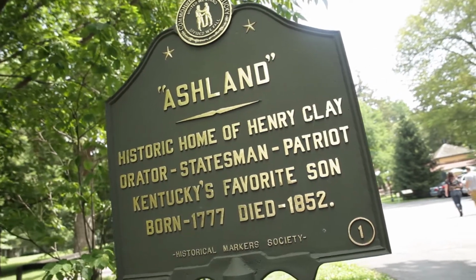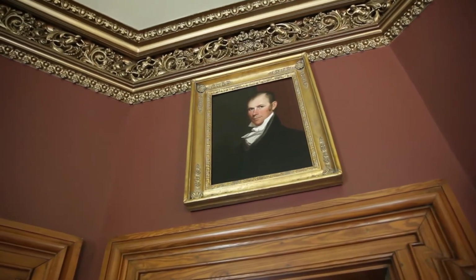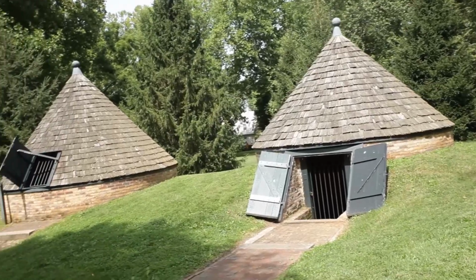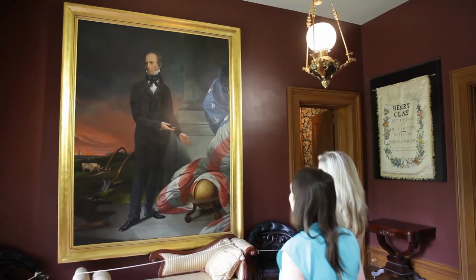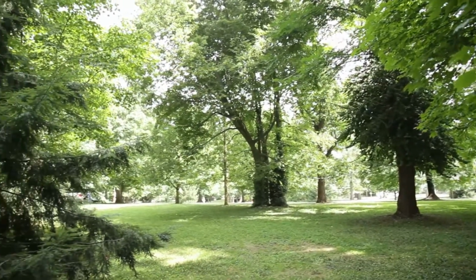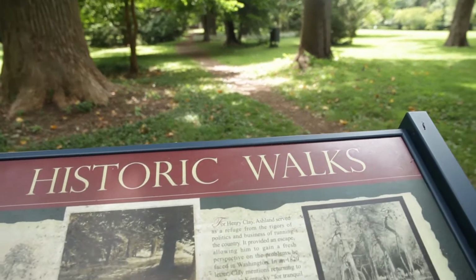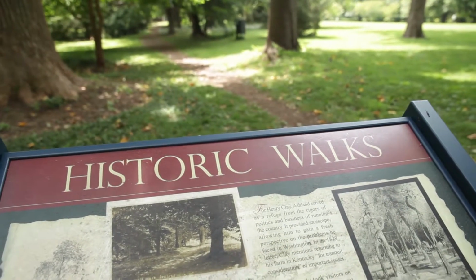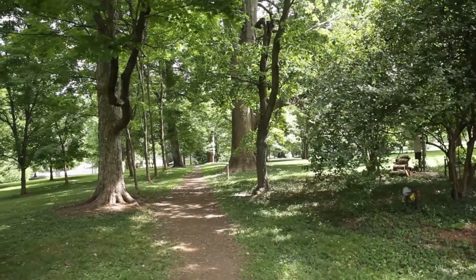Today, we're at Ashland, the Henry Clay Estate, learning more about John Quincy Adams, Secretary of State, and the property Henry Clay loved. We got a tour of the mansion itself, and now it's time to journey over the expansive grounds of this 17-acre property. Most of the beautiful landscape of Ashland is similar to the days when Clay resided here. As a matter of fact, many of the great speeches he delivered in Congress were composed along these very same